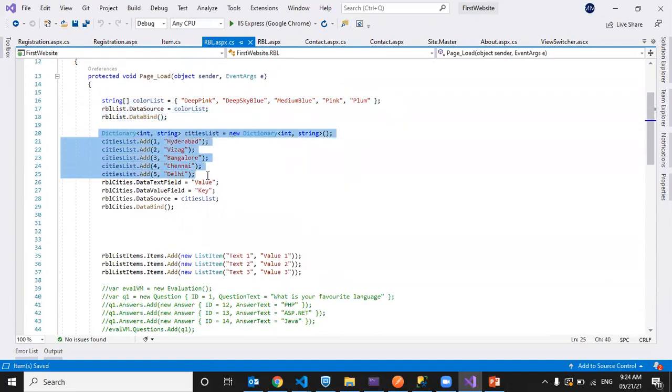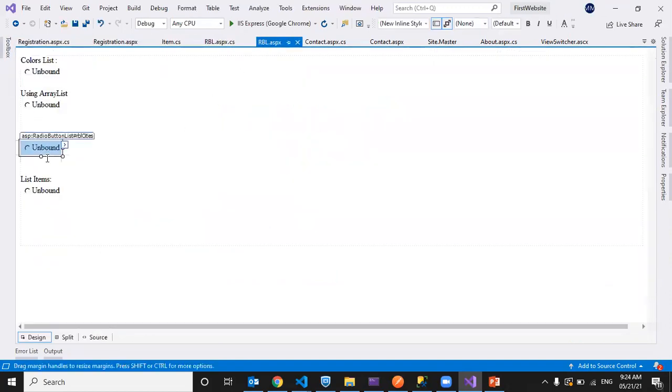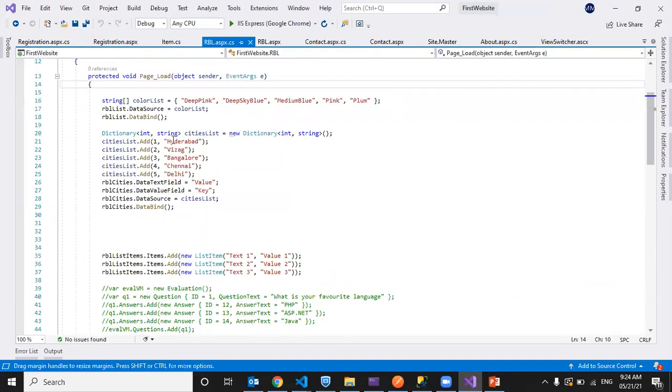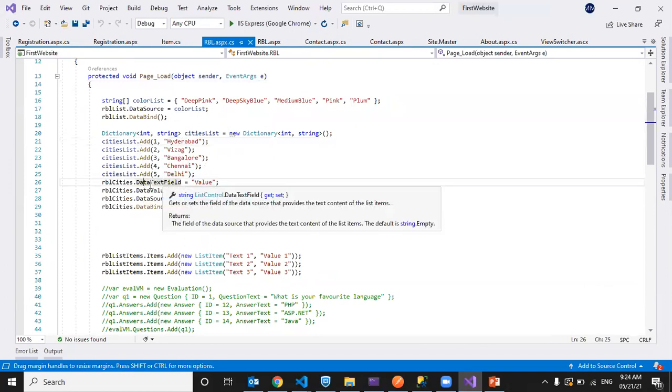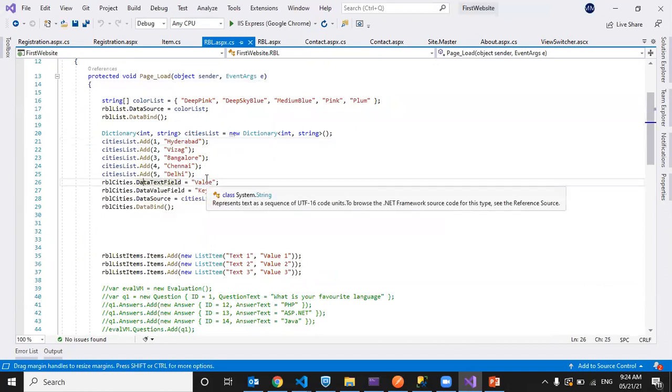Next, we can also use a dictionary, a kind of key value pair, integer and string. I'm setting it to the cities list, this one. So one is the ID, and the string Hyderabad is the name, like this. Here we have another option like data text field. We have a key value pair, right?